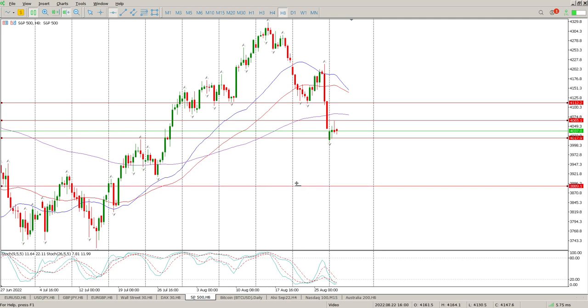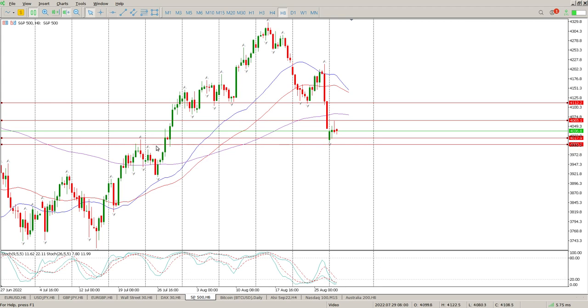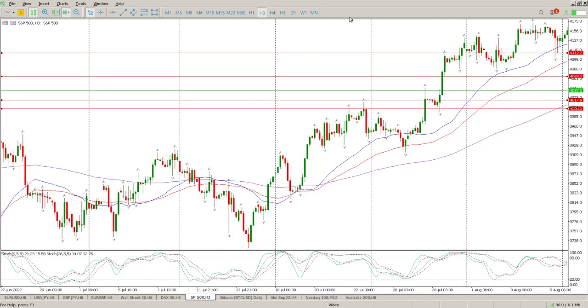The other thing to bear in mind is 4400. Just want to get it in here. 4,000 is definitely something that I would expect to be retested, as I said yesterday. So those are the levels that we have at the moment. If we start drilling down,